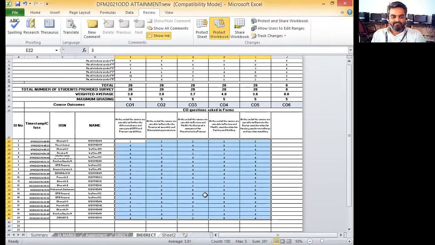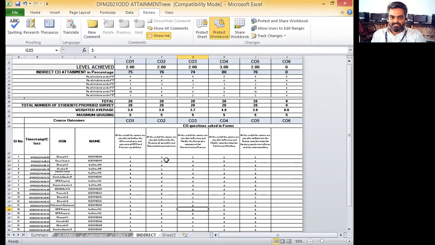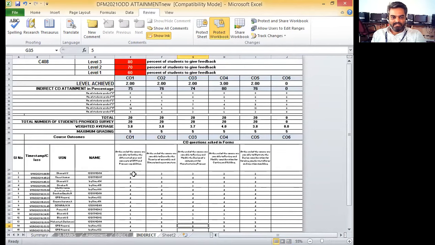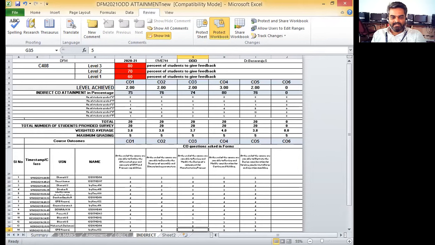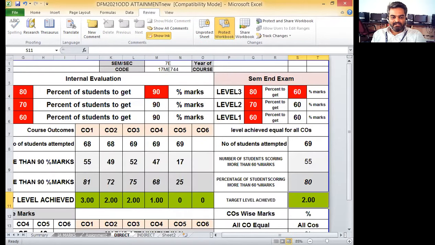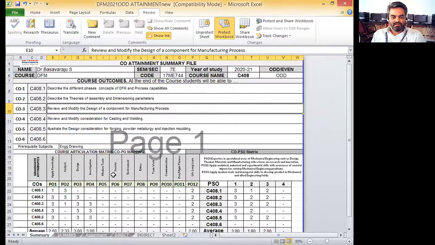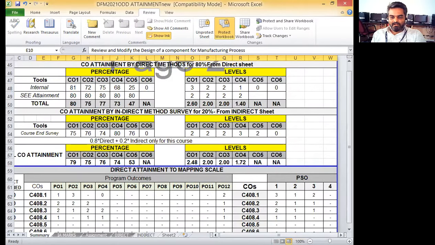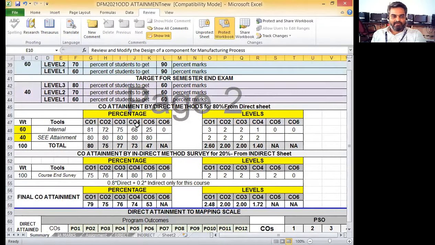When it is copy pasted here from the Google Forms spreadsheet that you collect from students, you can copy paste here and identify this indirect attainment. Overall, this direct attainment and indirect attainment will be brought into the summary main sheet, where direct methods in the internal assessment and semester end examination, these are the attainments that are obtained. And similarly, indirect method survey, these are the attainments that are obtained in percentage as well as